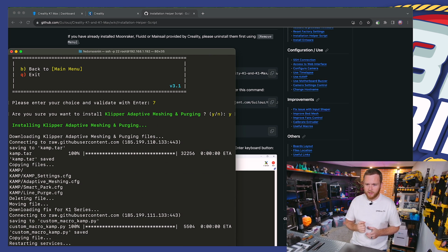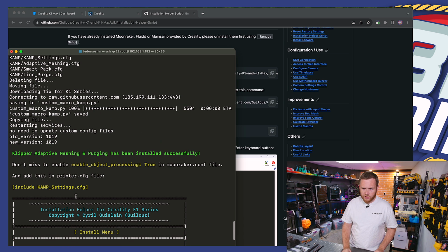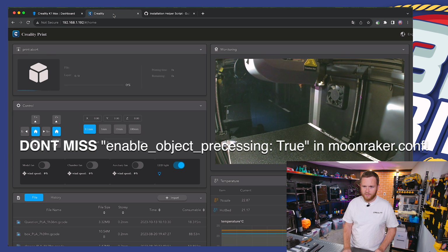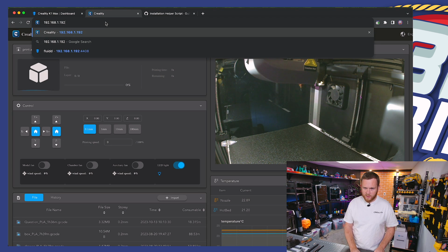There we go. So let's install KAMP, and well, I was going to skip it, but that is super fast yet again. And it gives you instructions, by the way, on what to do with each one of these things. So let's go ahead and do this. So in order to install KAMP officially, you have to add this to the printer CFG of the machine. So what that means is, first, let's go to our fluid interface, and that's going to be our IP address